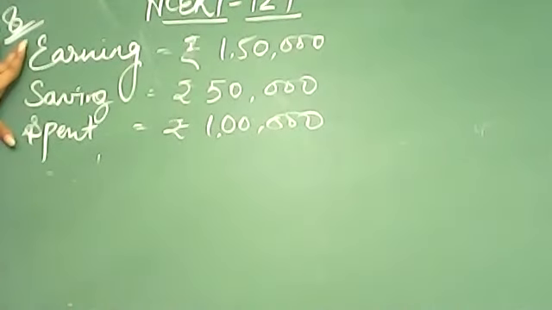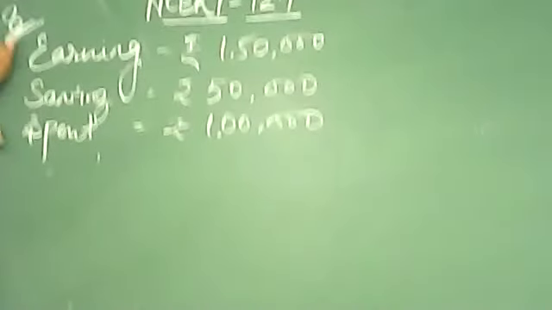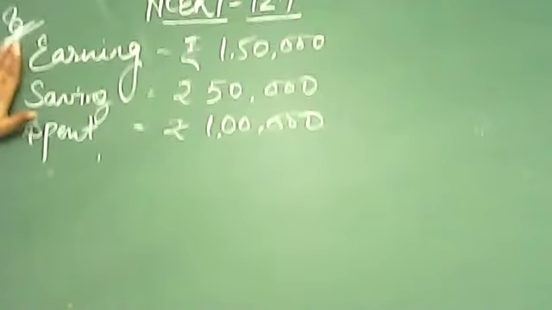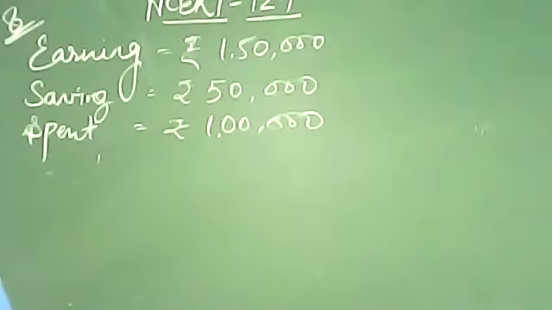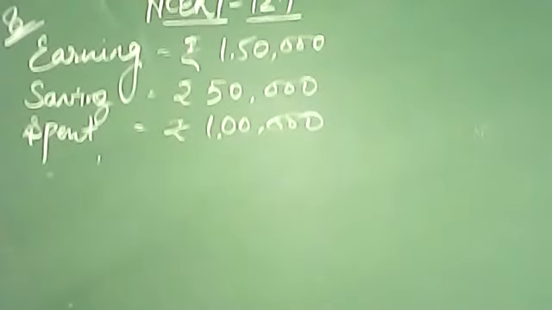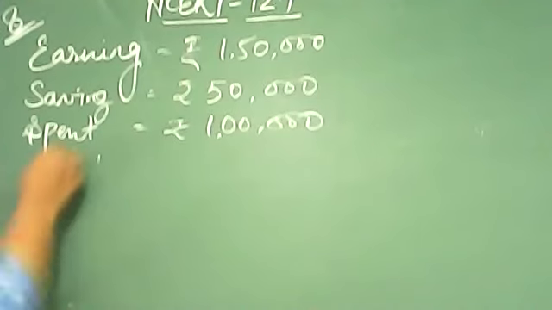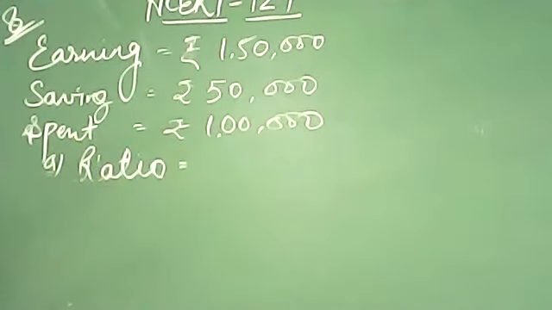Fine. Now it is asking in two parts, A and B. This much part is compulsory for all the word problems. This much information you have to give in all question. Fine. Now it is telling you have to find out money, take out the ratio of money that Seema earns. Earns means earning. Money she saves means how much she saved. So first one, ratio is earning to saving.